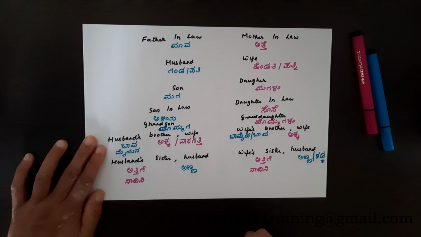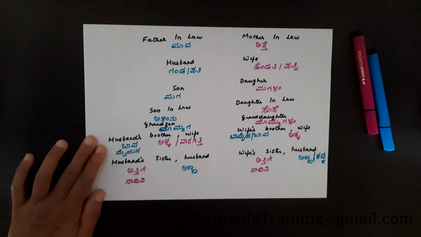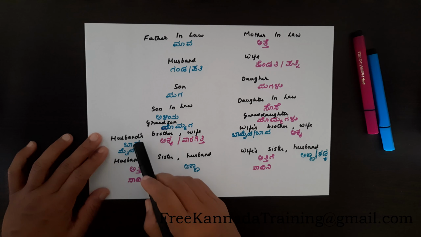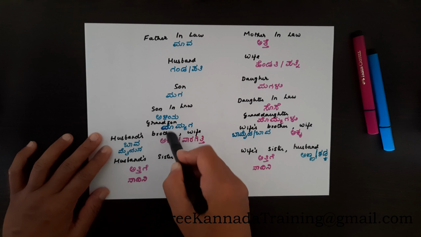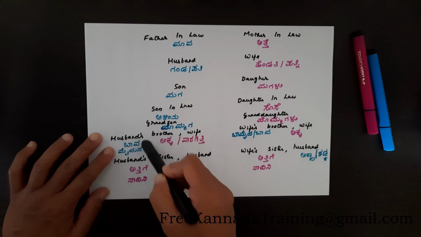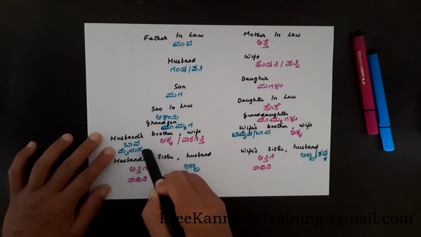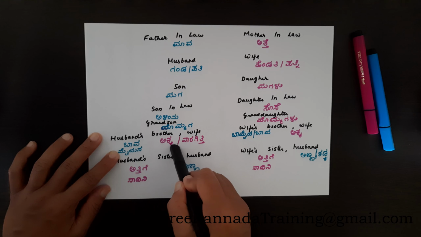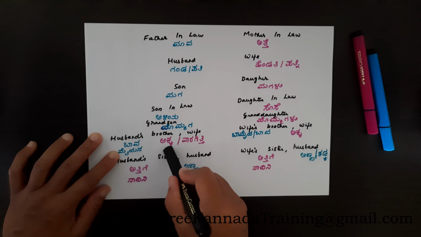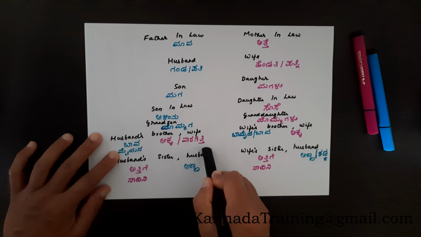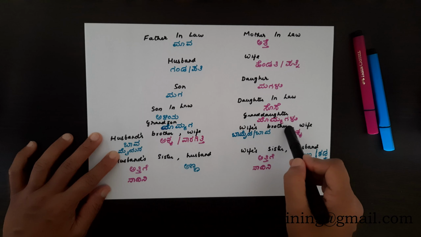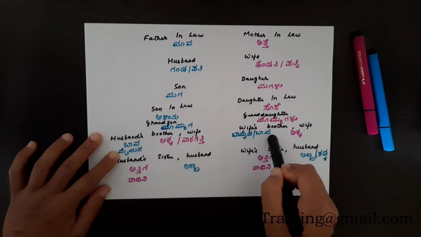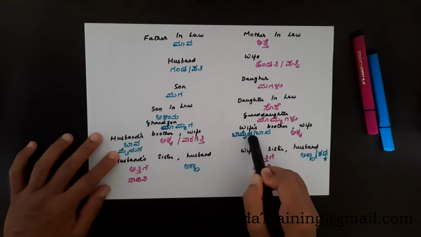great-grandson will be Mari Mommaga, great-granddaughter will be Mari Mommagalu. Next, husband's brother will be Bava, or husband's younger brother will be Maiduna, and Bava's spouse will be Akka, or husband's brother's wife will be Akka or Varagitti, and wife's brother will be again Bava or Bamaida, also you can